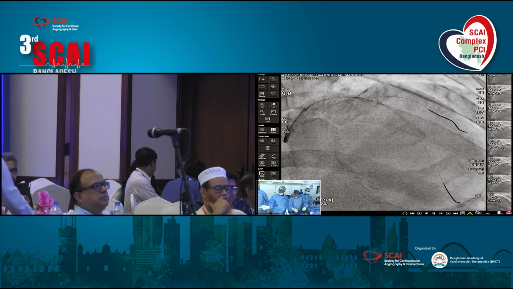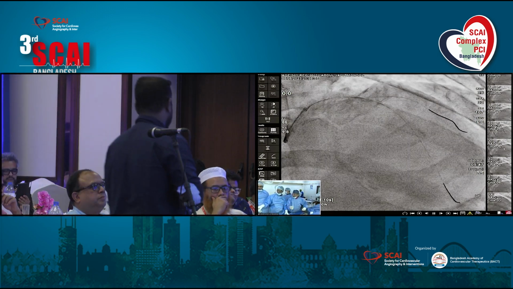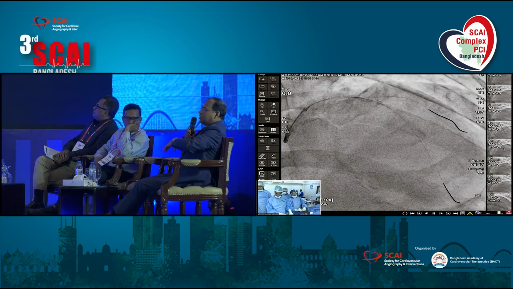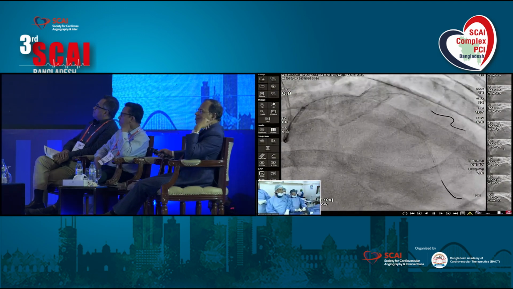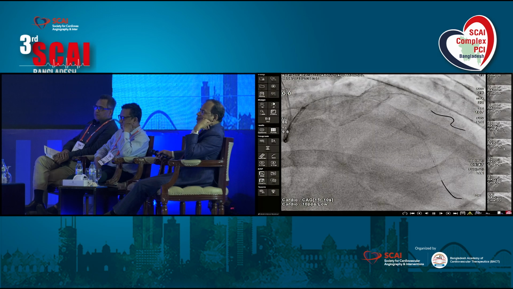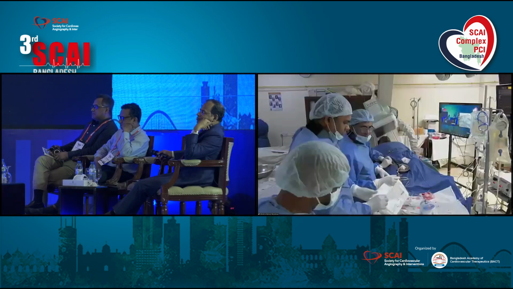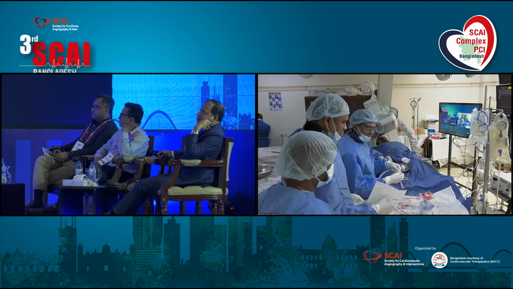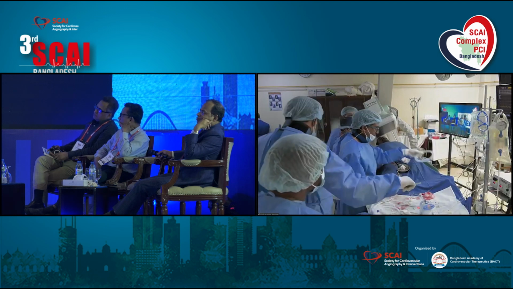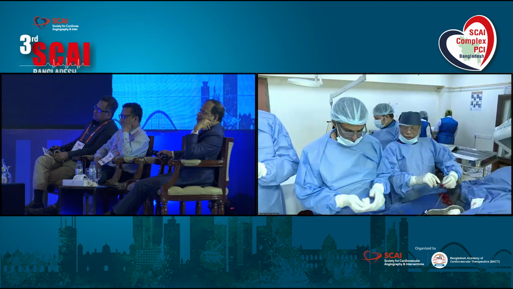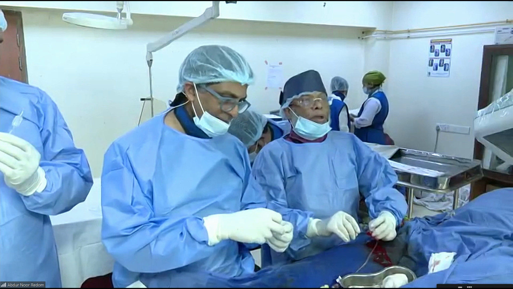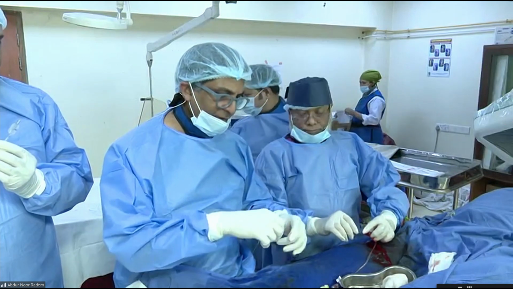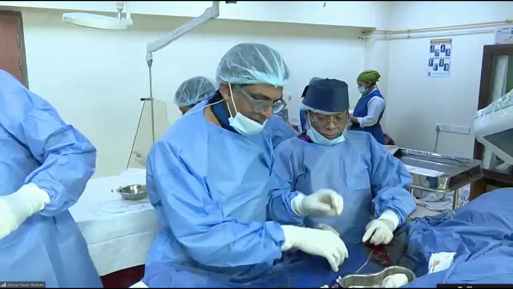So, Dr. Guzman, how would you like to treat this patient regarding the diagonal and the main vessel lesion? We are going with a 3 into 38 Synergy. In my opinion, we have to prepare the lesion better and see the result. According to the result, because you have DCB available, I would probably go in that direction. If there is not an appropriate response, I would put a stent. I would not treat the diagonal. I would forget about the diagonal. If you want to put a wire, it's okay, but I would not treat the diagonal. Yeah, agreed. We are not treating the diagonal. I fully agree with you.